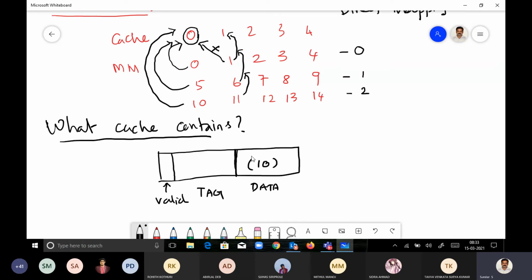For example, content of 10. Content of 10 is what? 10 refers to an address. Content of 10 is the data in that address. So that is called data. Okay, right. Tag. What is tag? So tag means, for 10,